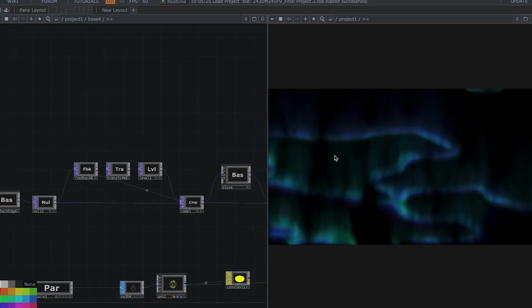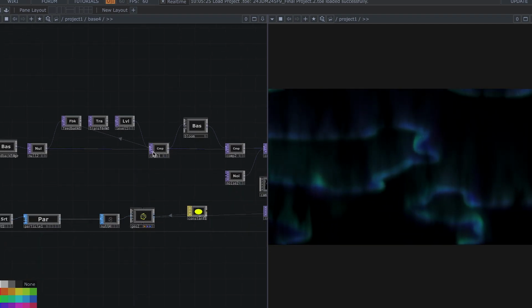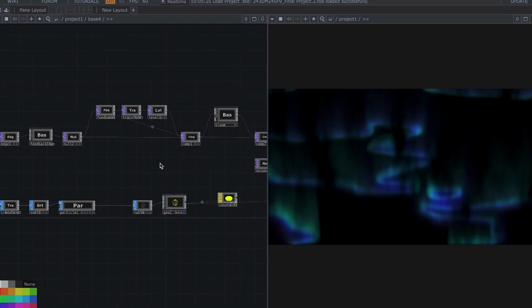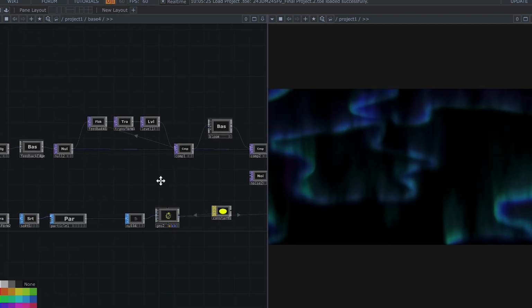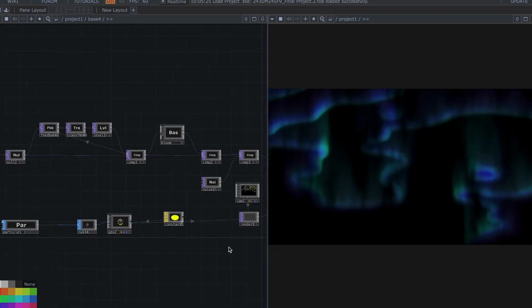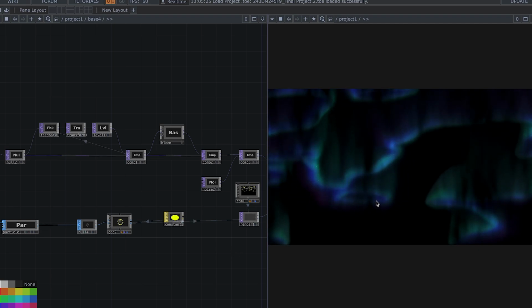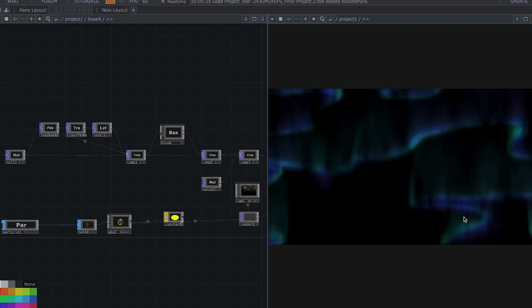The glow, right here, as you can see, is further enhanced by post-processing nodes, which add a soft glow around each particle, making them beautiful to the eyes. See, it's so beautiful.